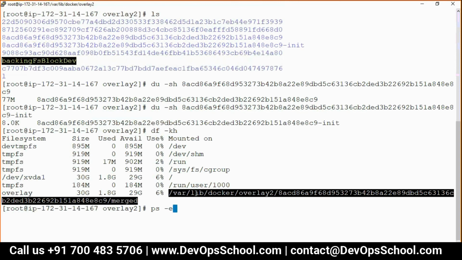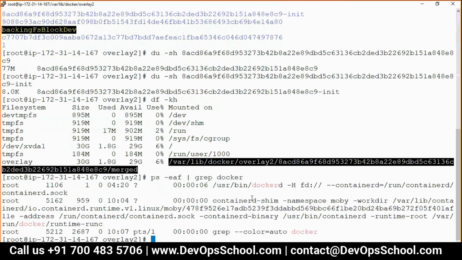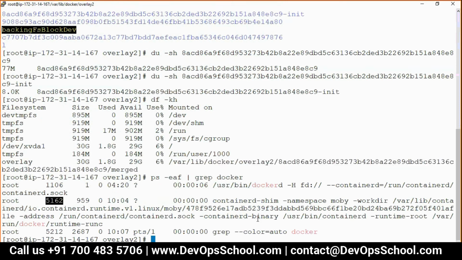Now, ps -eaf | grep docker. Same thing which I ran on the first day. See, this is a process with the runtime environment. See, runtime environment. They mounted, see here.